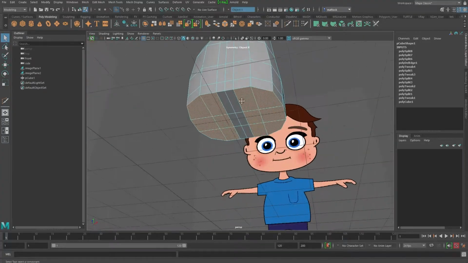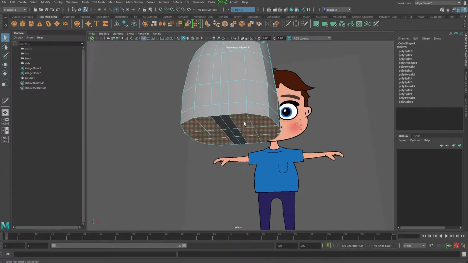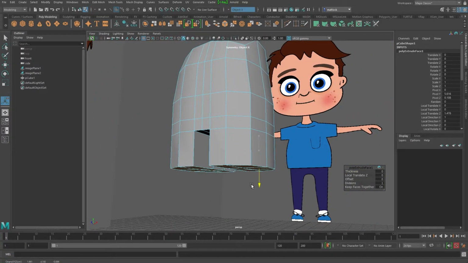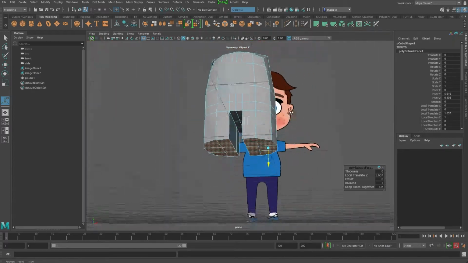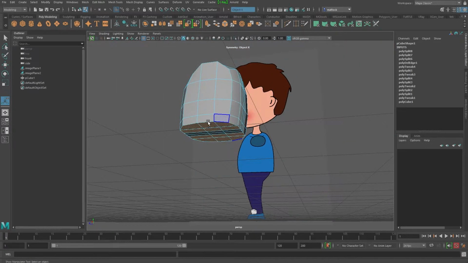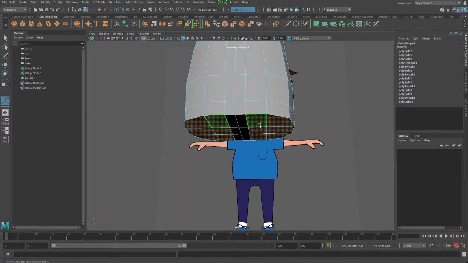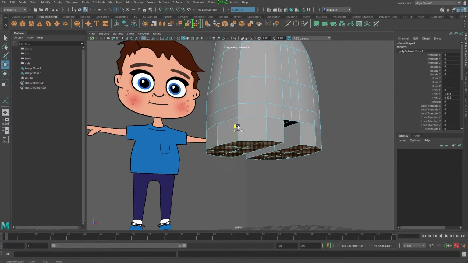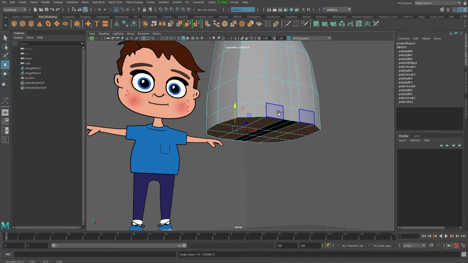So we've got those. And now we want to extrude these out. You can either hit this little key here, and it comes up with this arrow, and then you can move down. There's other options as well. I'm going to undo that again, and I'm going to show you all the options. When you're on your transform tool, which is your W key, you've got the option to hover over, hold down the shift key, and it brings up this tiny little text that says extrude. That's another way of doing it. I'm going to undo that.